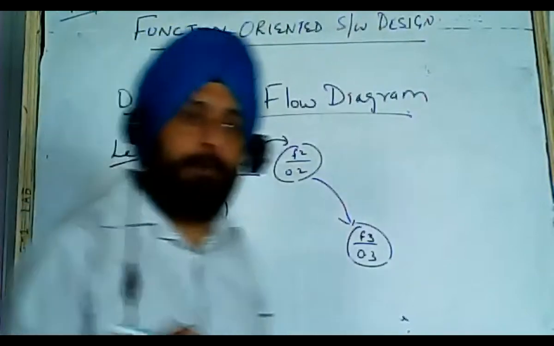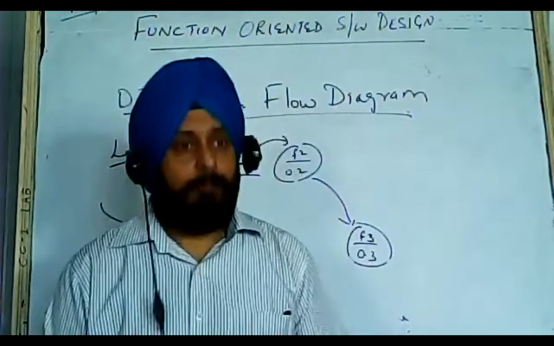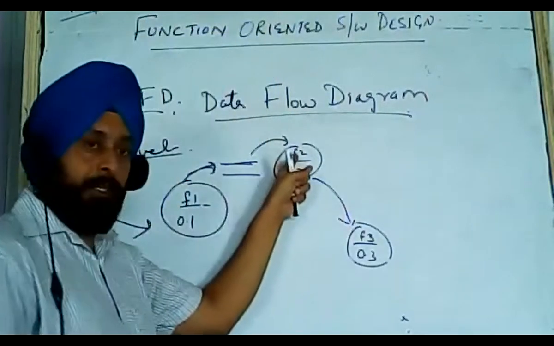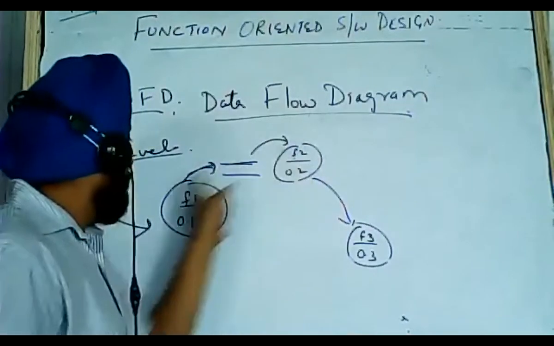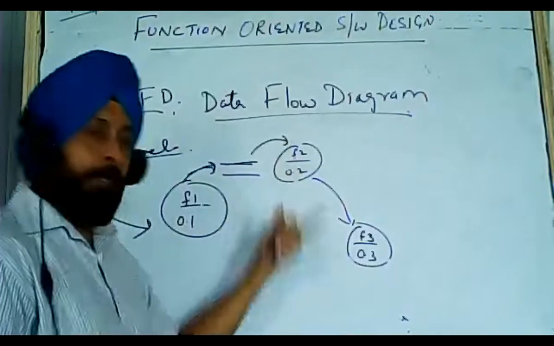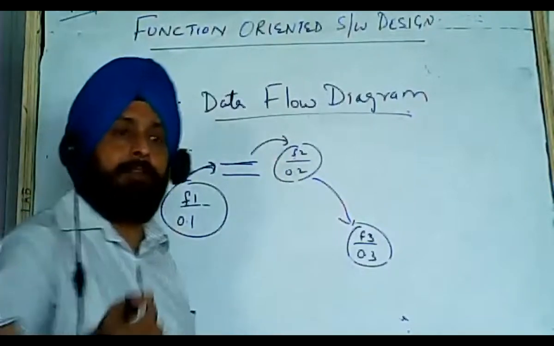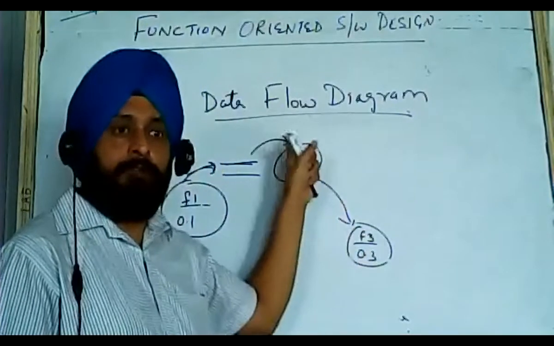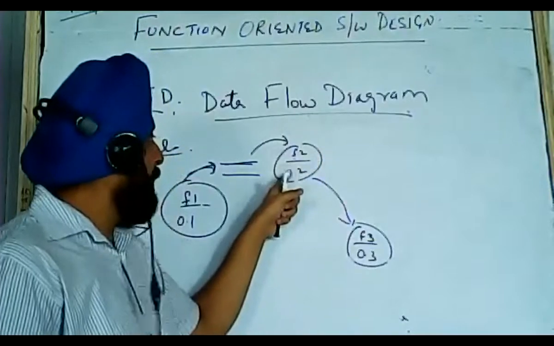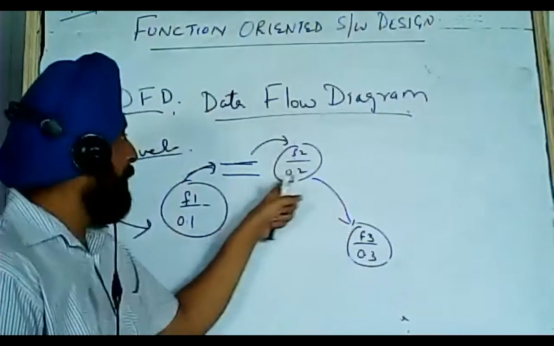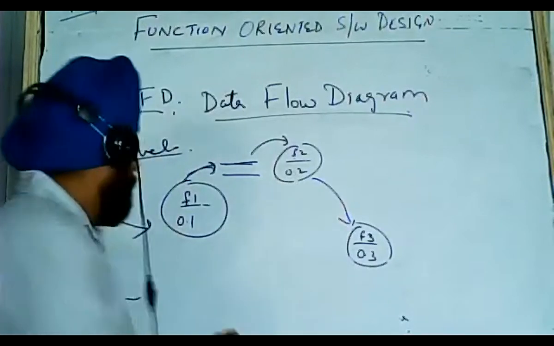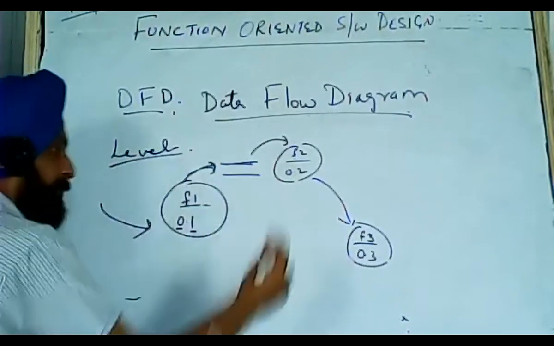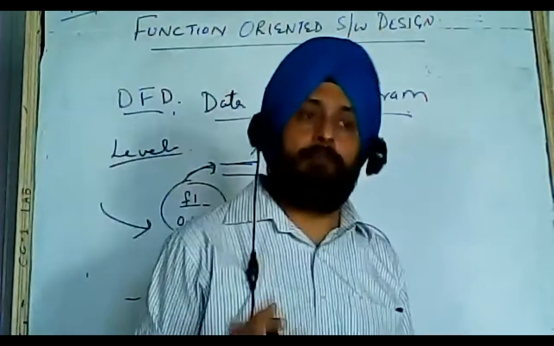So what is there with the bubble? A bubble represents a function, and there we can name the function also. In the bubble, we write the name of the function, say F1 is the name of the function. F2, you can give any name, like find square. So a square function can be there, an average function can be there, a sum function can be there. It also represents the numbering of the bubble. From the number, we can see the level. So this is level 0, this is level 1. After the point, the first decimal shows that it is level 1.